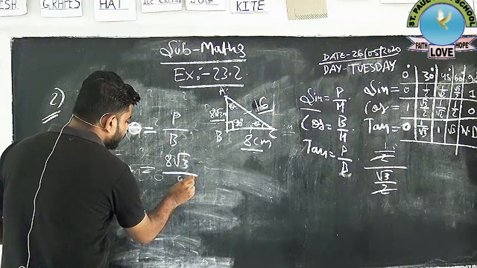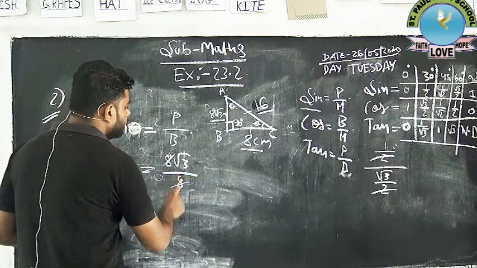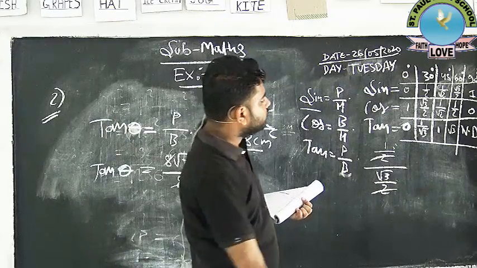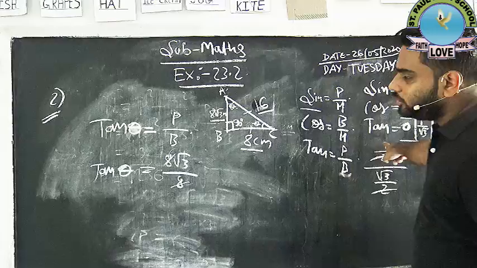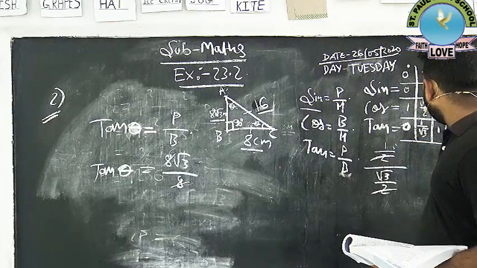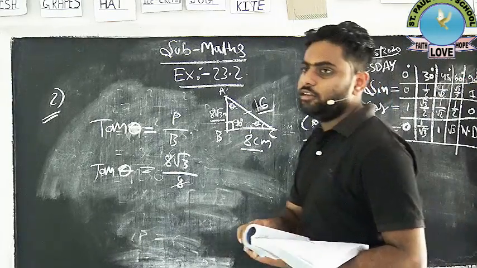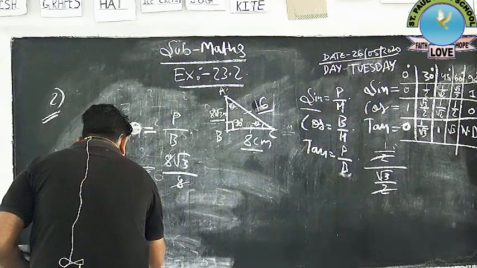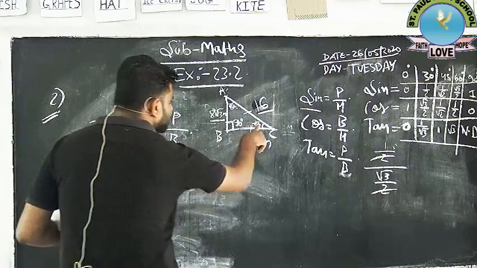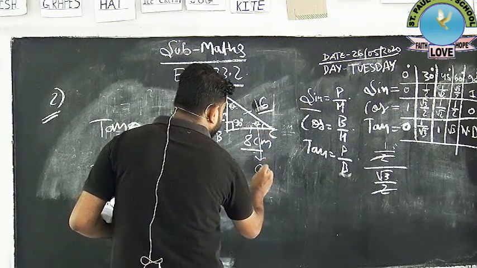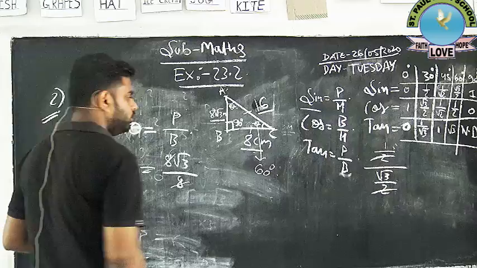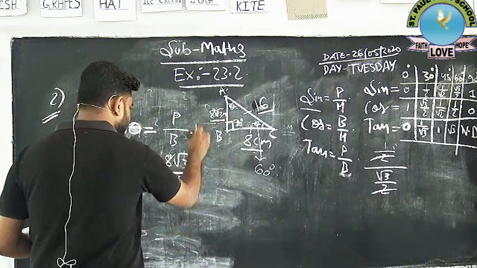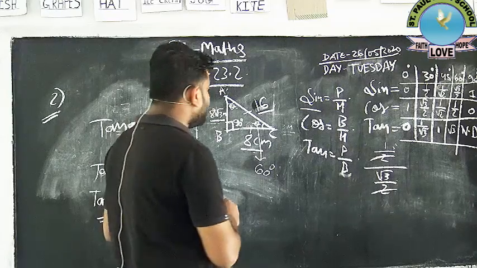Okay. We can cut this 8. Yes, you see? So what is left? Root 3. So what is root 3 basically? You see, in this table in tan, root 3 will come, but for what degree? 60 degree. So the answer is tan 60 degree. So this angle, this theta is 60 degree. Simple. After that you can calculate for A also. For calculating A, what can you do?